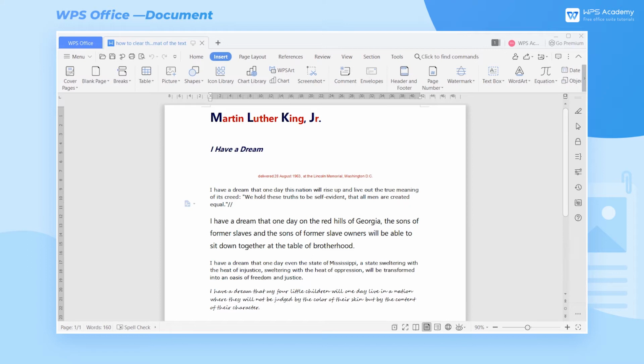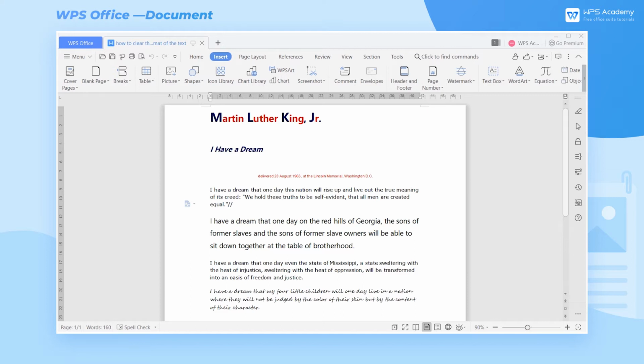In our life and study, we often need to copy the text content of different pages to WPS document in order to save records. Sometimes copying and pasting text into WPS document can lead to a messy layout of the content, and also the font size may not be uniform. In this case, we can use the clear formatting function. It can clear all the formats of the selected text and only keep the unformatted text.